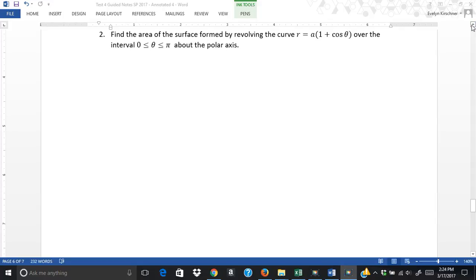I want to find the area of the surface from revolving this curve over the interval 0 to pi about the polar axis. So what I need is, remember for the polar axis, I need f of theta sine theta. So I'm going to need a times 1 plus cosine theta sine theta. I need to know what this squared is. This is a squared times 1 plus cosine theta squared, which is a squared times 1 plus 2 cosine theta